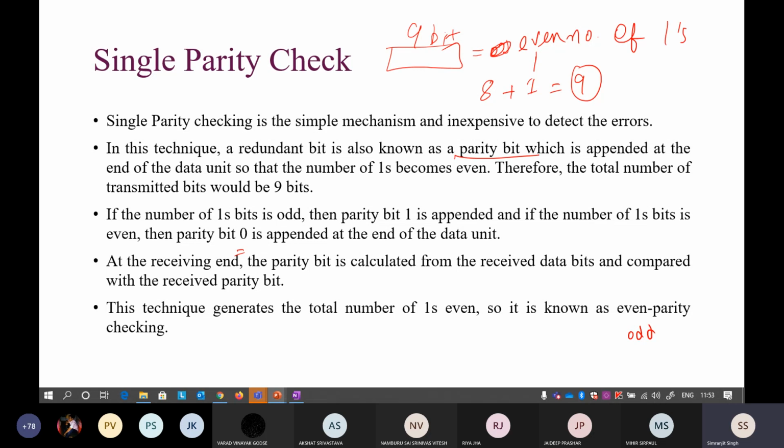Okay, so keep in mind in parity we only check the number of ones. There is also a mistake here. Most students get confused about whether to check for a 0 or a 1. So always keep in mind, in the parity case, you always check the number of ones.